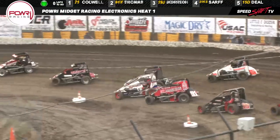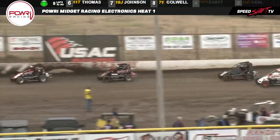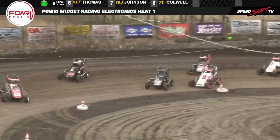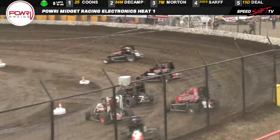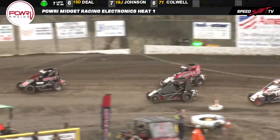Coons is going to be the first one down into the corner, working from the outside, as we've got them well side by side back behind. Watching Tyler Thomas, he's looking for some daylight. He'll find it on the outside. 91T car gassing her up. We'll look to the outside of Morton down turn number 1 and 2 and try to pick him off for